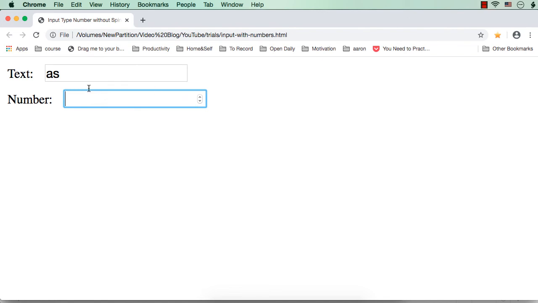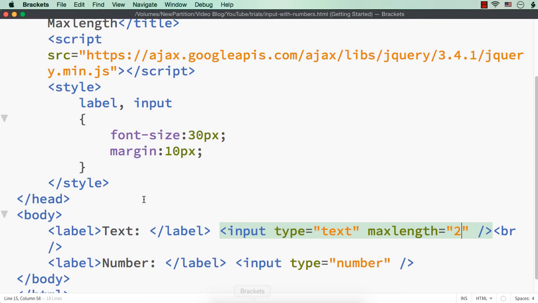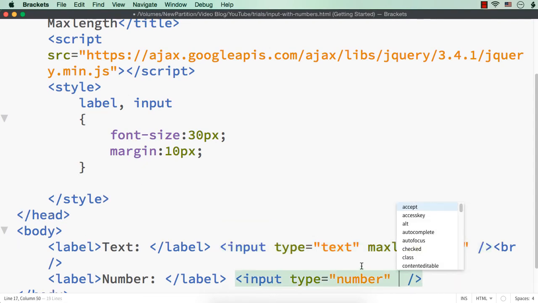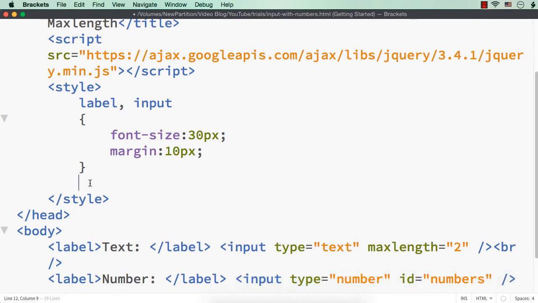So what we are going to do is that we will make sure that only specified number of characters are entered inside this text box or input element with type number, and also we are going to hide this spinner or these 2 arrows. So first let us try to hide these arrows. So let me just add an ID for this, numbers, so that I can access it using its ID, hash numbers.